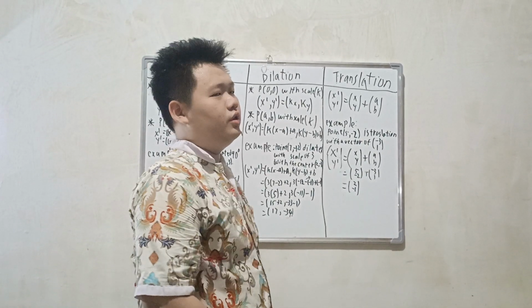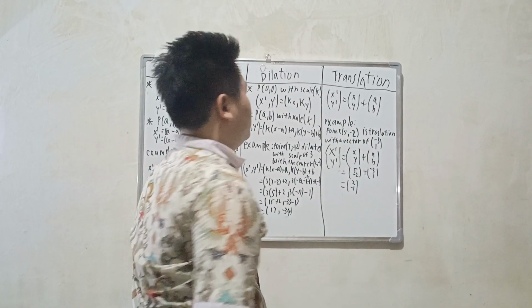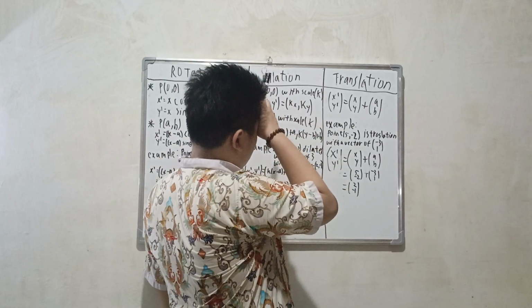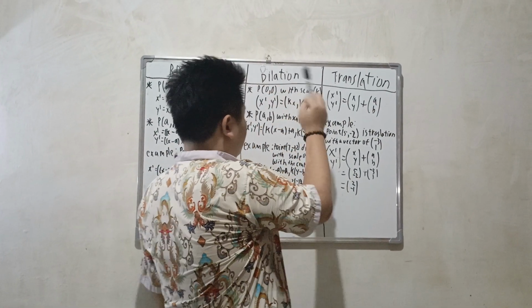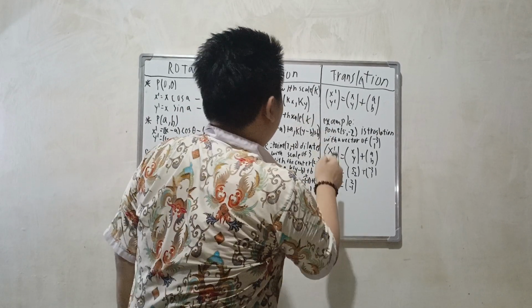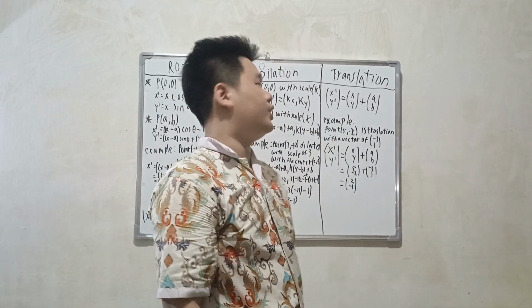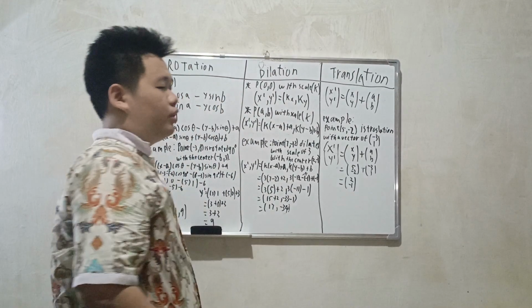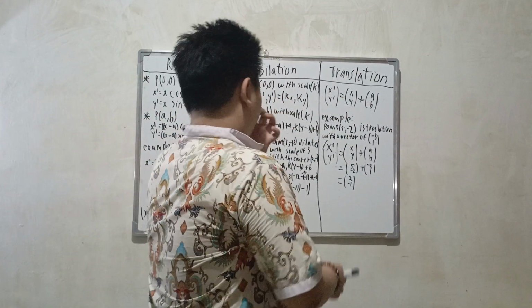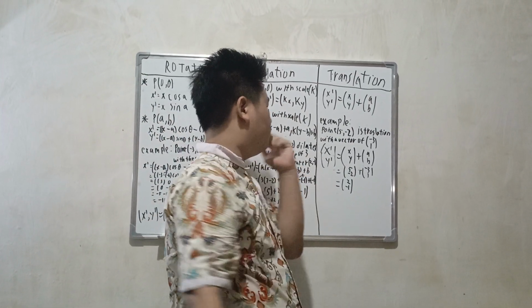As for the final one, we will be talking about translation. As for translation, there is actually one type, which is this one. The formula is image x and y equal to x y plus a and b. So let's just move on to examples. So the example is point 5, minus 2